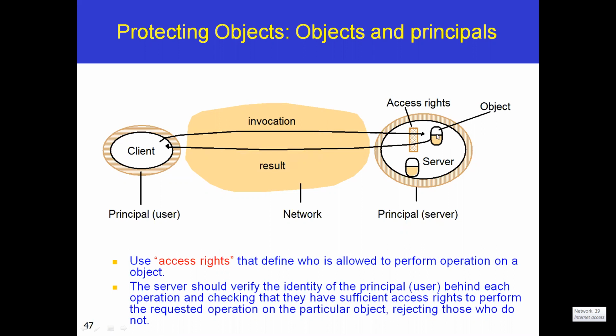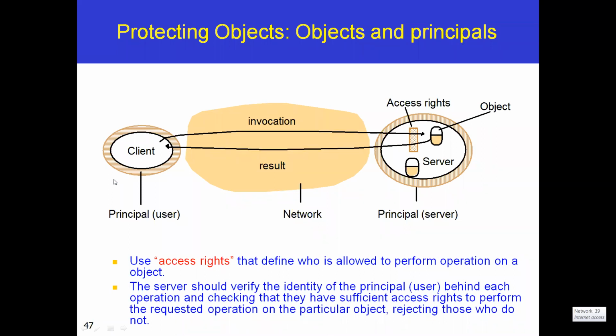The server will not immediately respond to the client's invocation. It will check the access rights, whether this client system is able to access the information or not. First, it will check the access rights in the server machine, and then the server will give the result to